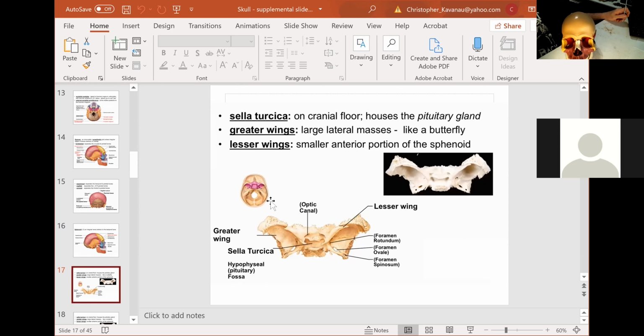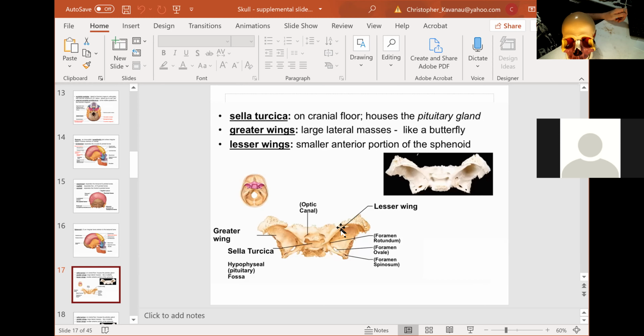And here in the little inset on the PowerPoint in pink, you can see the sphenoid bone as it relates to the rest of the skull when it's articulated. Okay, so this would again be a decalvarated skull. We're looking from above down into the skull. Okay, so this is a drawing, and then this is an actual photograph of a sphenoid bone. Very complicated bone, very amazing bone. Now this forms during development. It's mind-boggling,